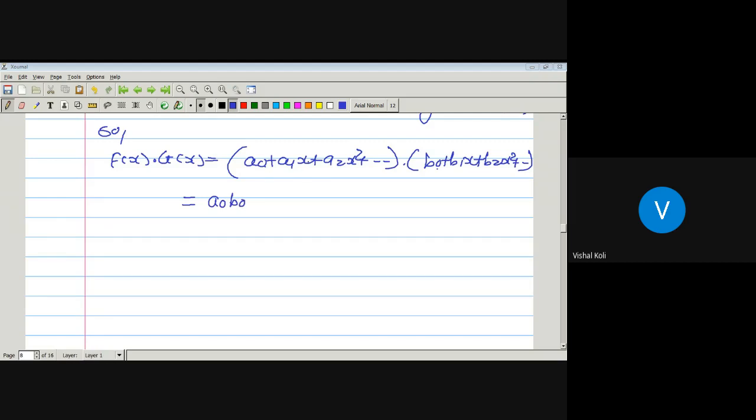Now we have to find the coefficient of x. These are the coefficients of x raised to 0. Now we have to find the coefficient of x. Whenever we multiply a0 into b1, we get x. So it is a0 into b1, plus a0 into b2, whose term is x square, so here there is no term which is a coefficient of x. Now multiply a1 with b0. Then it is plus a1 into b0 into x. Now, except these two coefficients, a0 b1 and a1 b0, is there any other coefficient of x in the multiplication?